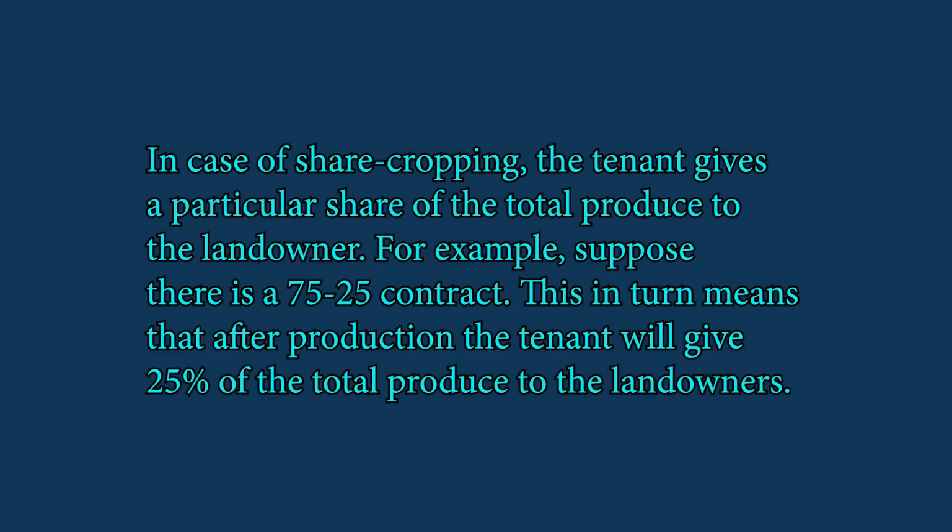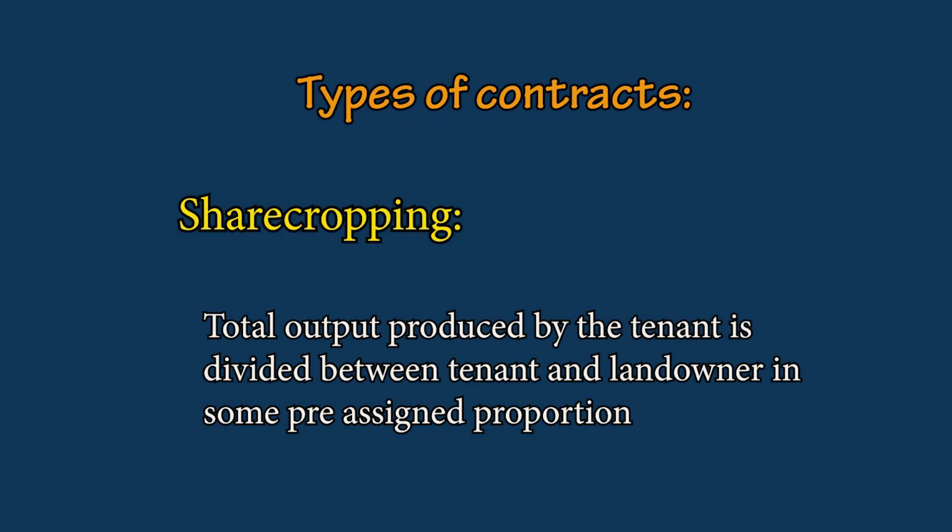For example, suppose there is a 75-25 contract. This in turn means that after production, the tenant will give 25% of the total produce to the landowners. The landowners will get 25% of the total produce. The remaining 75%,